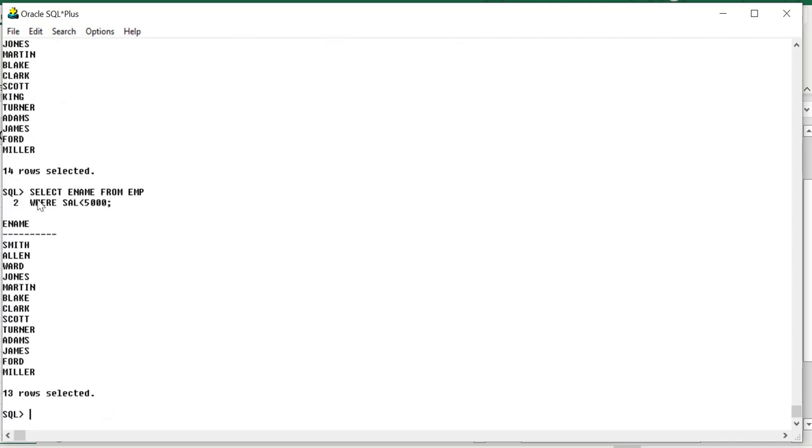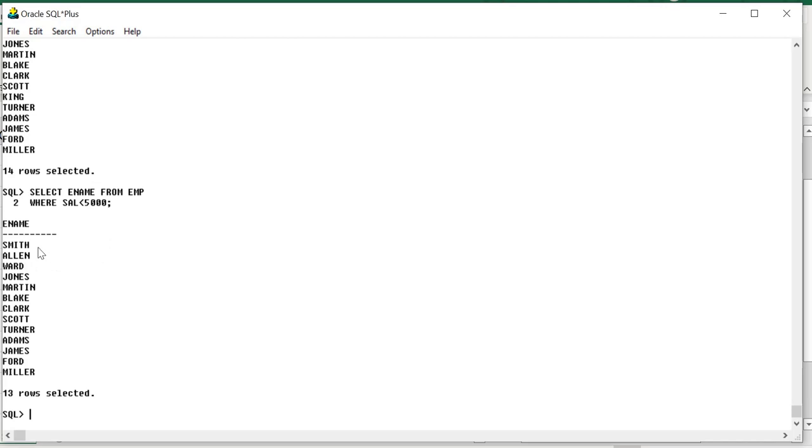Here, first the from clause will keep the employee table under execution. Next the where clause will go to the table and search for employees whose salaries are less than 5000. It will collect all that data, and the select clause will display it.